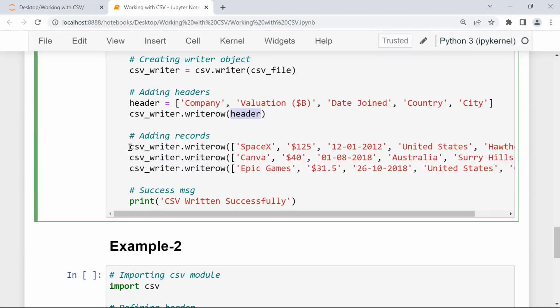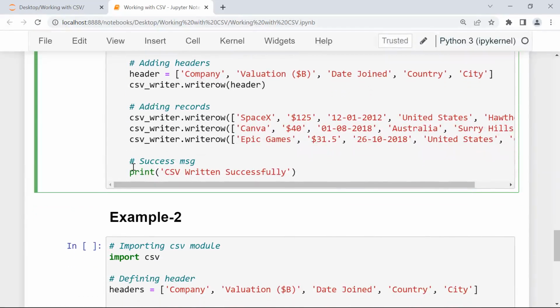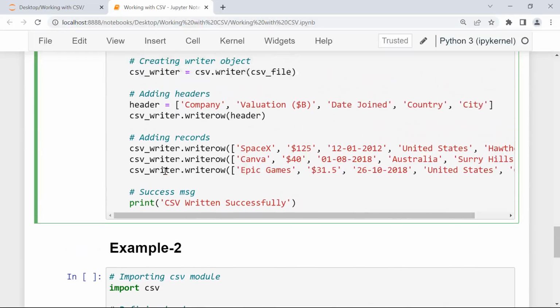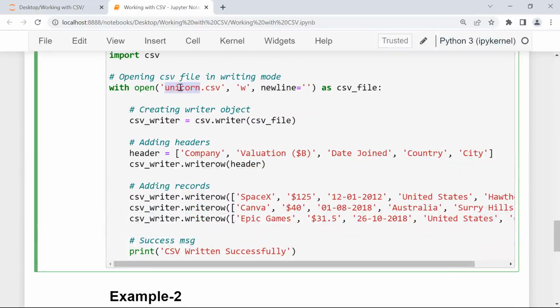So here you can see I have specified this method 3 times to specify 3 different records. Now once we write the data, in the last, this message will be printed out, which is CSV written successfully. Now what will happen once we execute this code block? It will check whether this unicorn.csv file exists in the same working directory or not. If the file exists, then it will truncate that file and insert the data that we are inserting using the writerow method. But if the file does not exist, then in that case it will create a new file